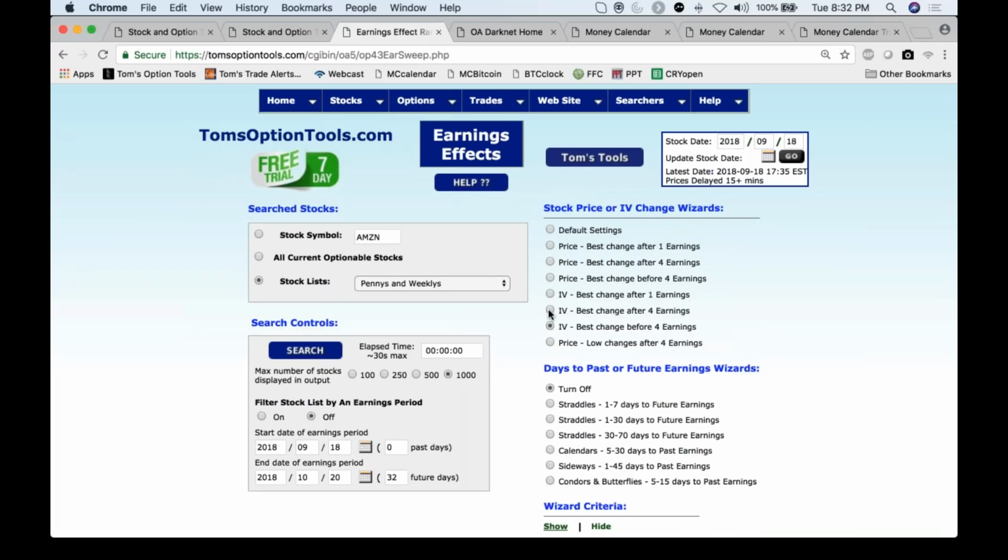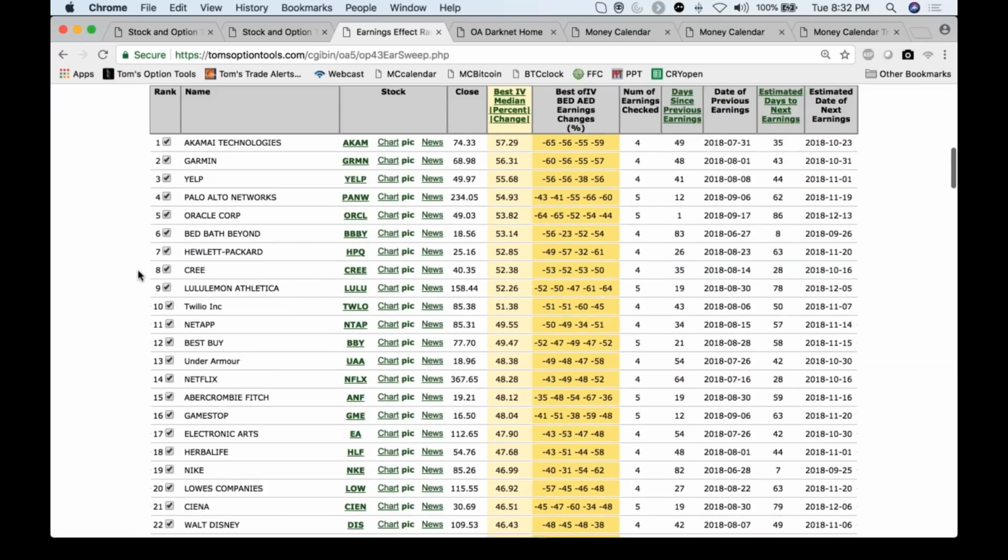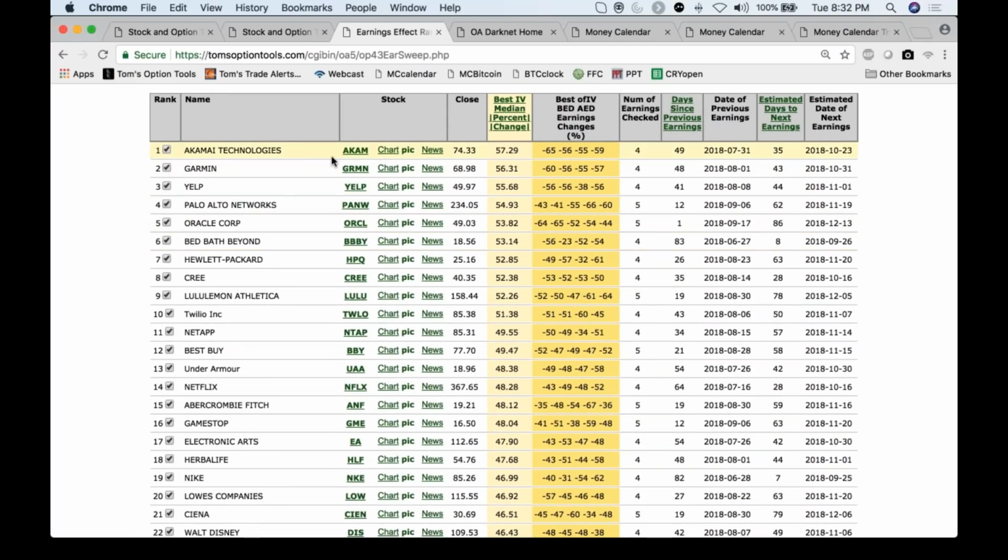Right after the earnings report comes out, look at the best change after earnings. Okay, 4 earnings in a row. Once that earnings report comes out, guess what happens to implied volatility? In almost every single case, it drops, and it drops hard. Take a look here. 57%. Akamai Technologies, Garmin,